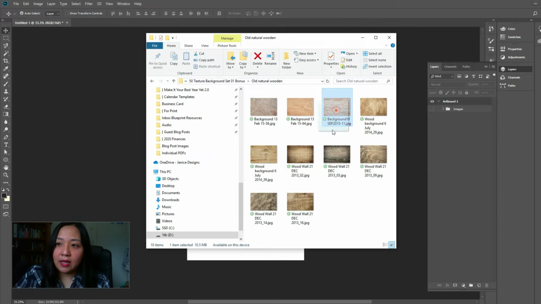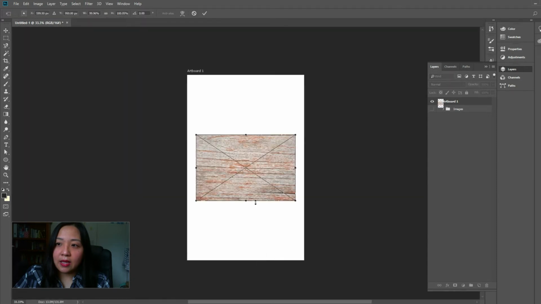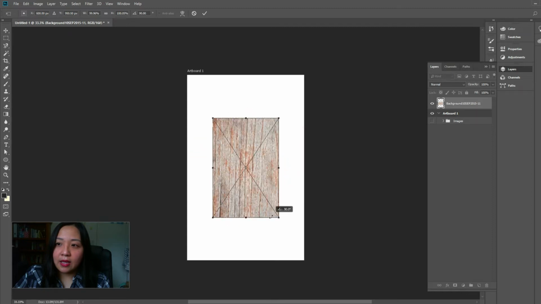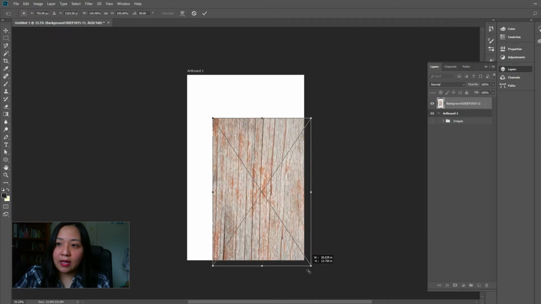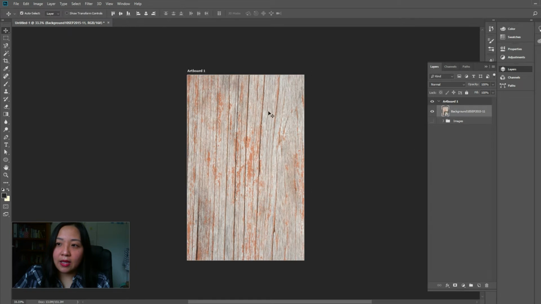Okay, we'll drag this into your artboard, and then hold your shift key and rotate it. While holding your shift key, you can scale it up. Now this is pretty dark, so you want to put the opacity down a little bit